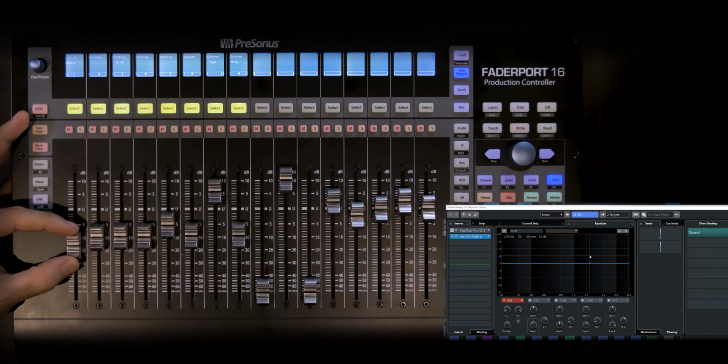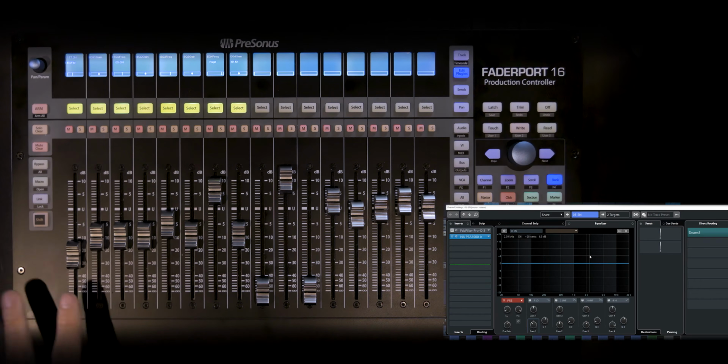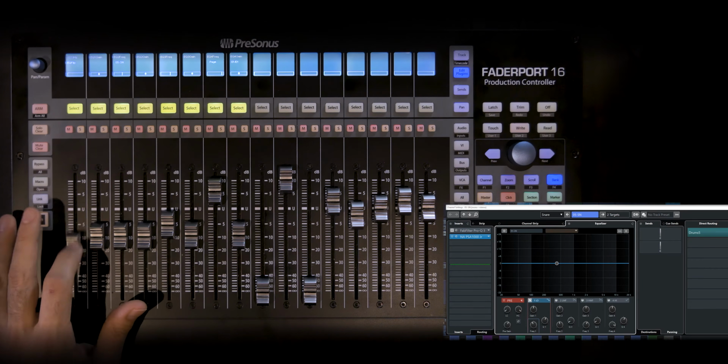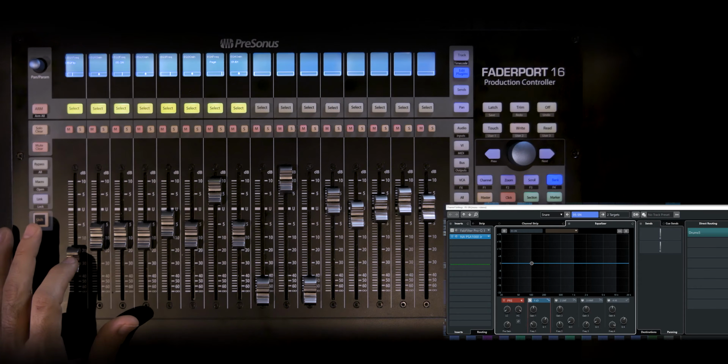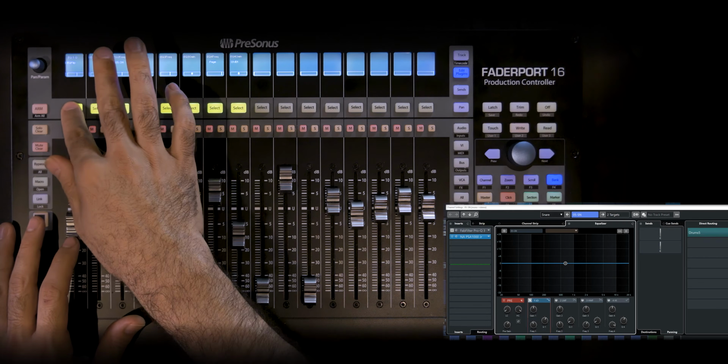So what I have here, if you look at the bottom here, with my first fader, I'm able to move the frequency. I'm just going to activate the band, and there you go. And actually, I think there's even a command here to activate a band. Okay, so I'm going to find it. So if I click on select,